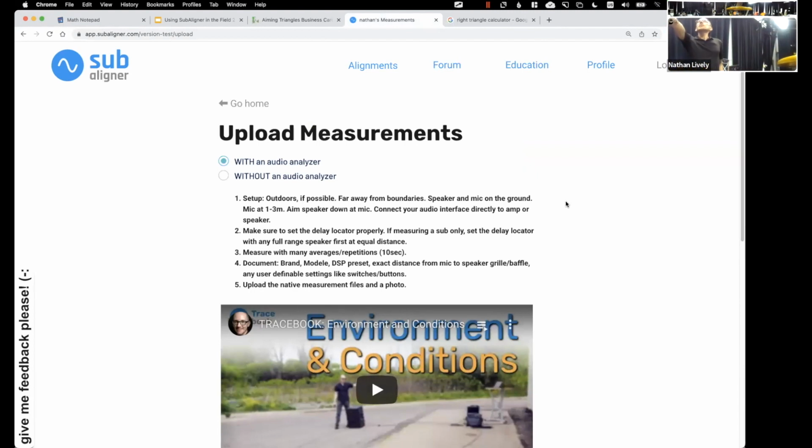But with this speaker here, I didn't want to get that down. I started getting it down, and I was like, this could kill me. And it's a pain in the ass. I would have to take the amp outside. So you cannot upload in situ measurements to Tracebook yet, but you can send them to me. So what I did was I just put a ladder up and I attached this microphone to the ladder, and I just put the microphone really close, like a meter away from the speaker. And you can see,